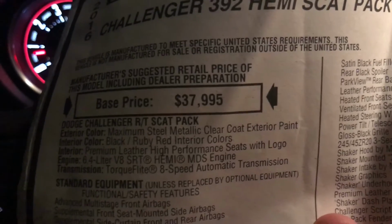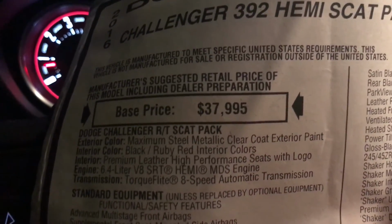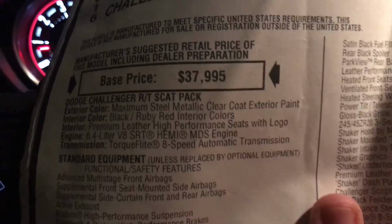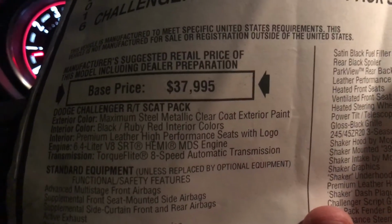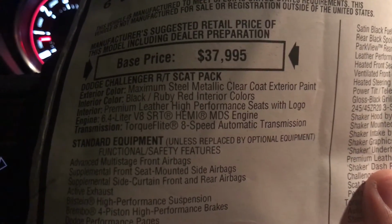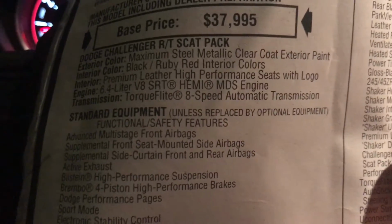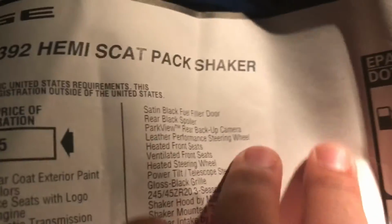I mean, a lot of people choose the base model, especially for this car. A lot of people just use this car to race, and that's it. The base model is bare bones, no leather, none of the fancy options. But that's for the base. So of course I have